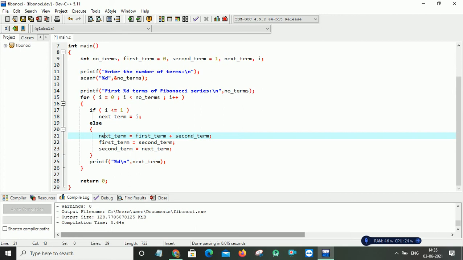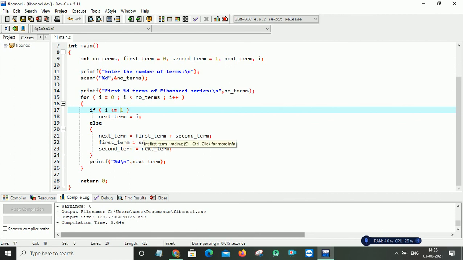Now i increments and gets 3. 3 less than 5, the condition is true. Again it comes inside. Now 3 less than or equal to 1 fails, so the else part is executed. Again the next term will be 1 plus 1, which equals 2.